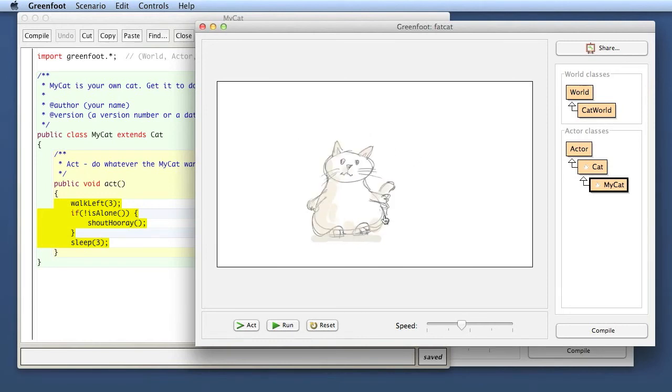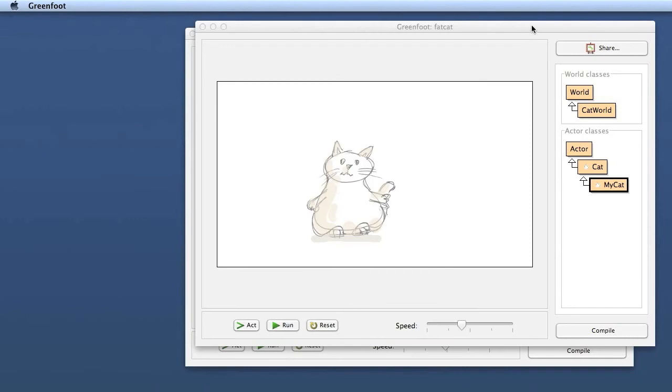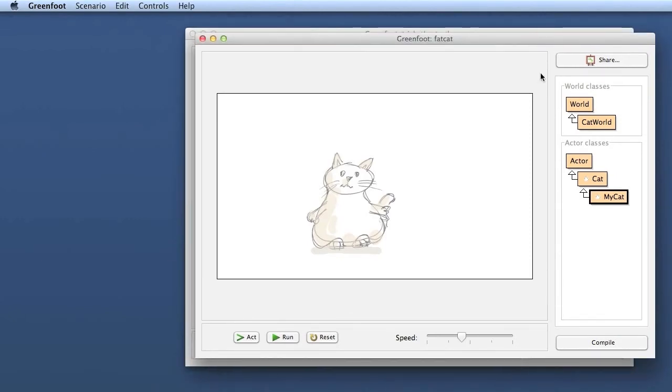So there are some actions that this cat can take. And they can use these methods and interact with them interactively first, and then they can write code here in the act method to practice doing a method call, doing a sequence of method calls, doing method calls with parameters, and then including some if statements in their code. Some worksheets like this are available. So with this scenario, there's a worksheet.